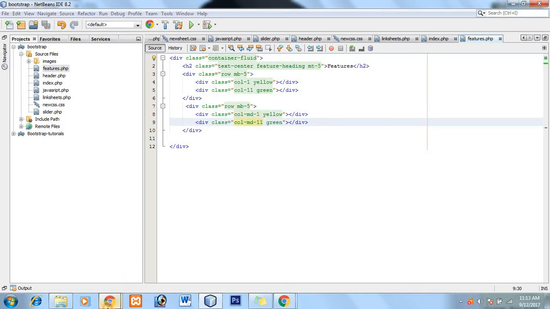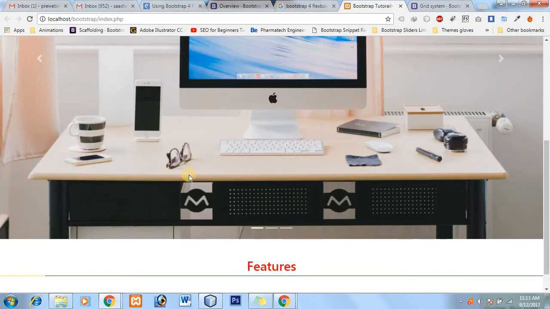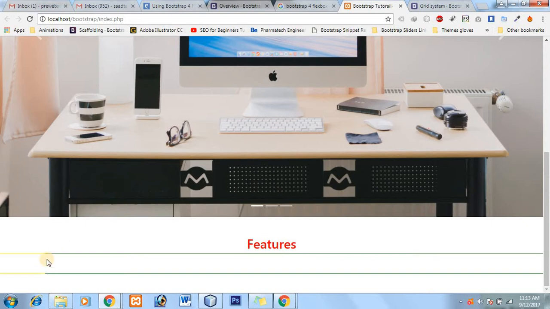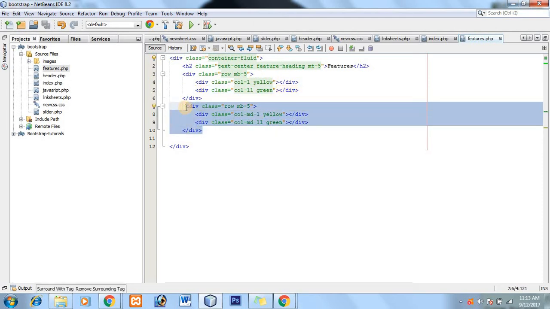Okay, you can see the medium size, and I want to tell you that by default it is medium sized blocks. If you want it small,